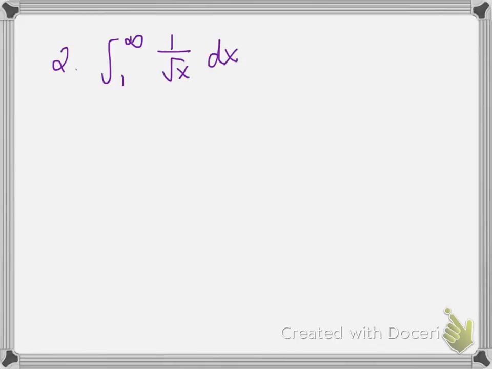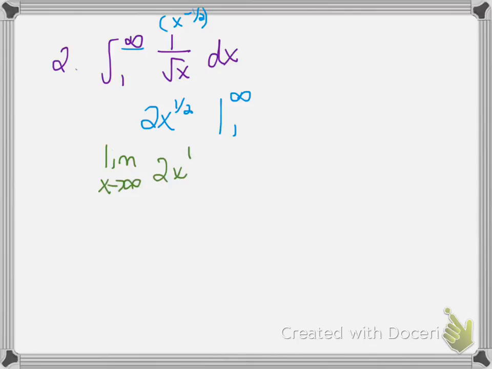Alright, so here's another one. The reason that this one is improper is because we have that infinity sign. So first thing, find the antiderivative. Remember this is x to the negative 1/2. So I'm going to add 1 and then divide by it. So divided by 1/2 is times 2. Plug in 1 to infinity. Remember that part where you're plugging in infinity, you're really finding the limit. And then minus, and you plug in the 1. So on this one you get a big number minus 2, so infinity is the answer,